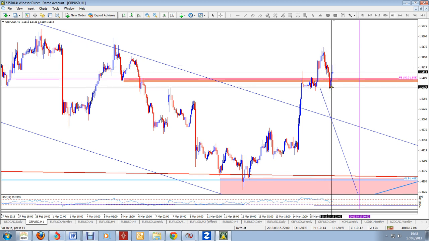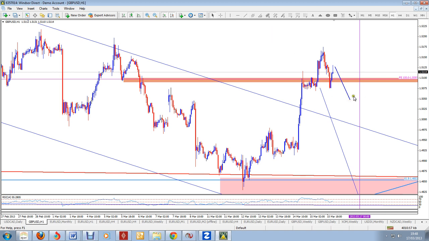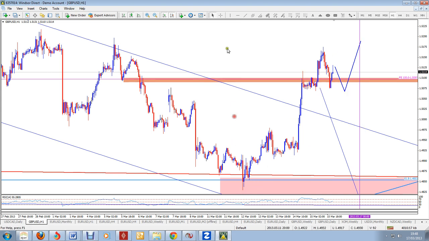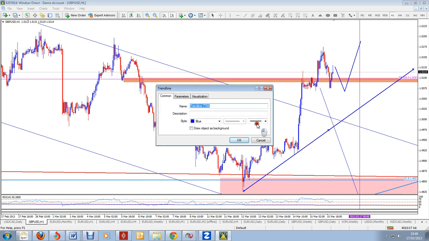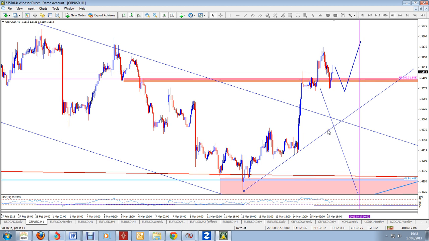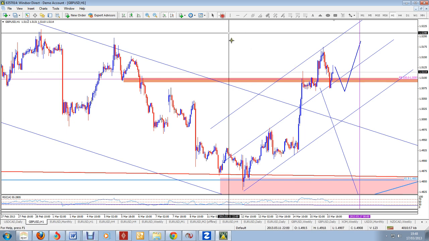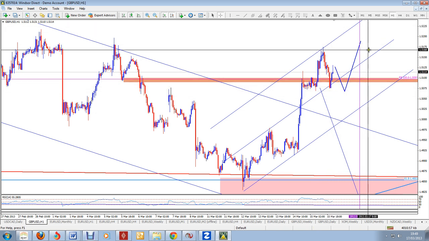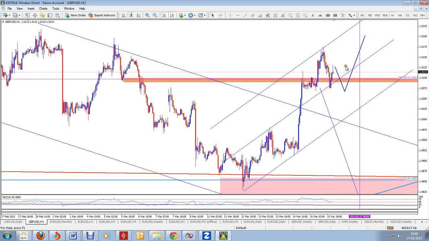So wave 3, retracement 4, and then what we might have is the A. This one might retrace a little bit deeper and then go up for wave 5 like so, and that would complete the 5 wave move to the upside. In terms of the trend channels, this is wave 1, wave 2, wave 3, currently in the process of wave 4, then we'll go up in a wave 5. So I expect the pound to be relatively strong.